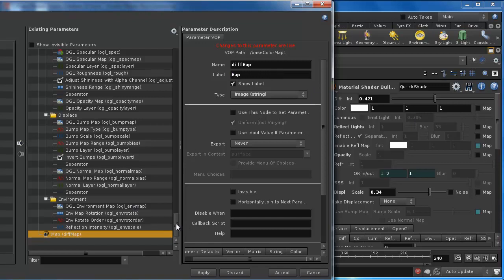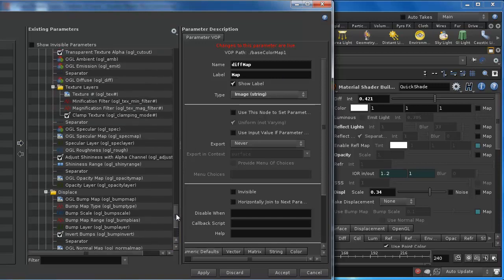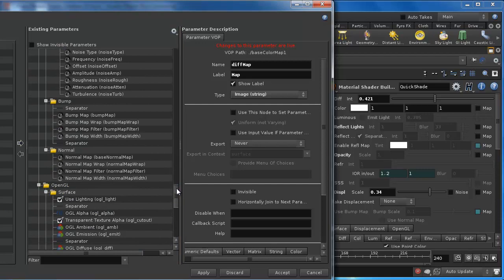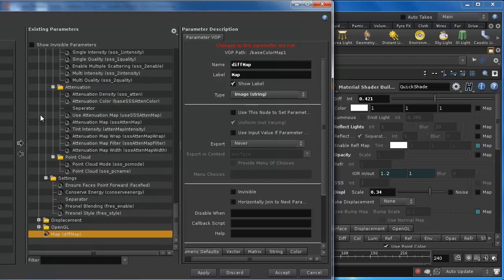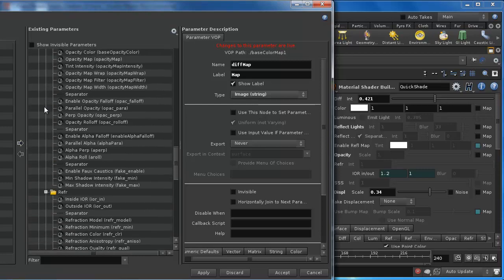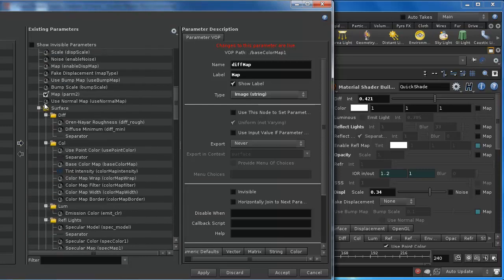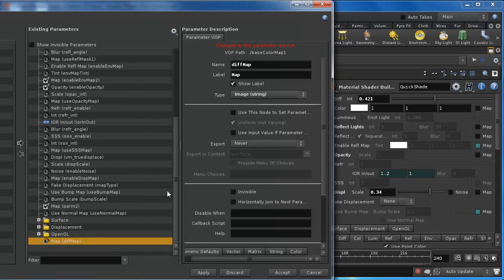And I'm going to take this and I'm going to put it back up in the interface. First thing I'm going to need to do is collapse a whole bunch of these. They're taking up too much space. Surface. Okay, that's a little bit easier. So I want to stick this right up behind